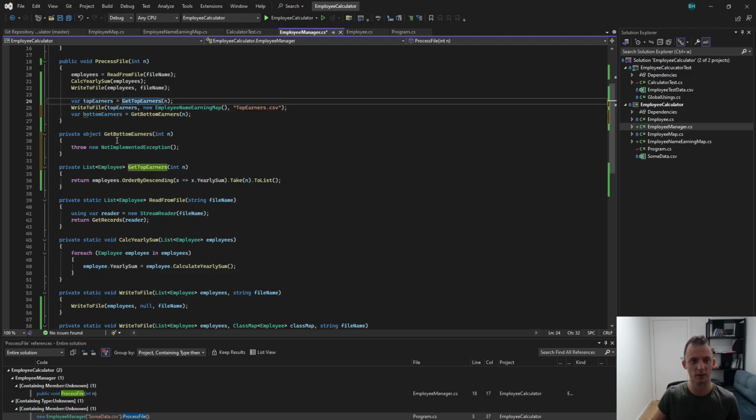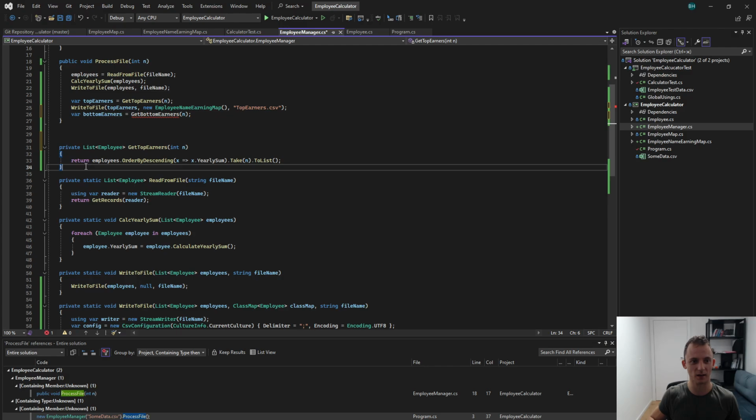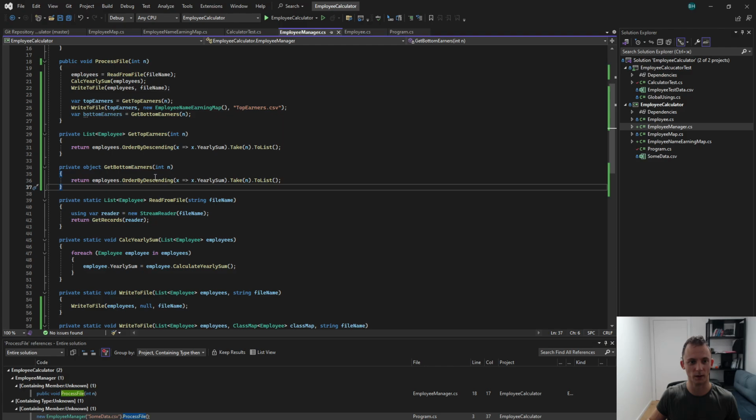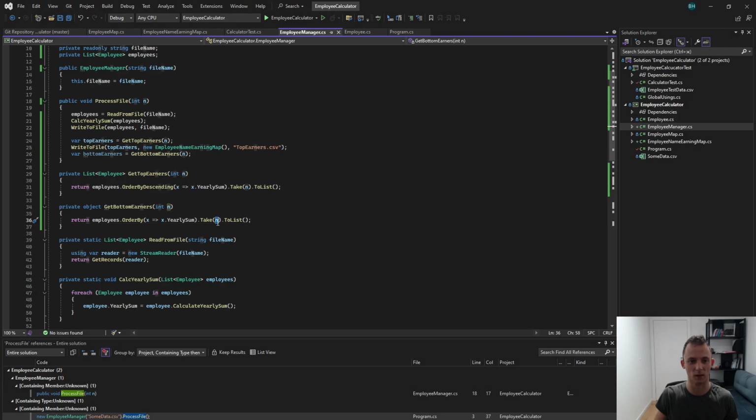I personally like my methods to be ordered kind of in a way, but it's not necessary. Okay, how can we do bottom earners? We actually just need to use simple order by. What it will do, it will order by ascending, meaning the least earning will be first, and then we just take them and give it